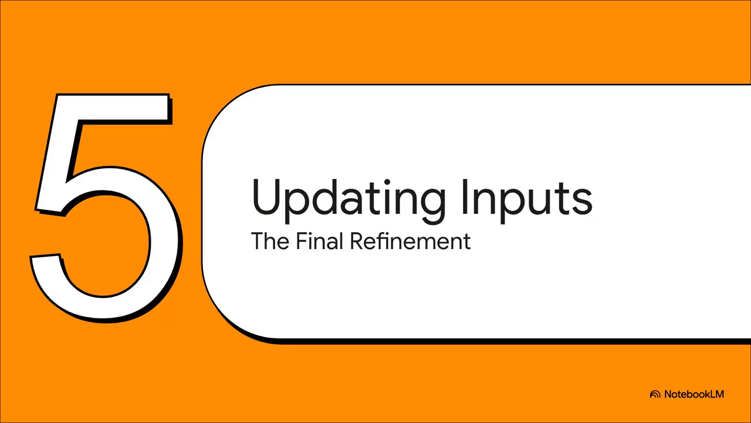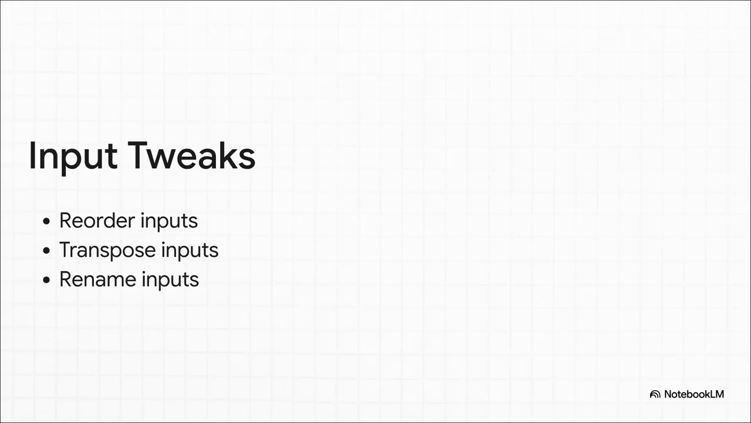Finally, let's wrap up with section 5, updating model inputs. This is just the final refinement, a quick cleanup phase to ensure your data flows perfectly. When you use the converter, it might slightly alter the layout or the naming of your inputs and outputs compared to traditional TensorFlow.js expectations. So just run through this quick checklist. You might need to reorder your inputs depending on how the converter sorted them. You might need to transpose your inputs or outputs to match the new layout. And if your code relies on named inputs, just be aware that you might need to rename them to match